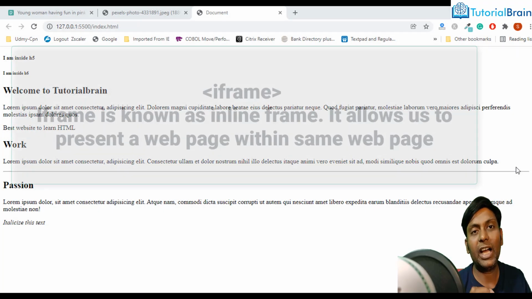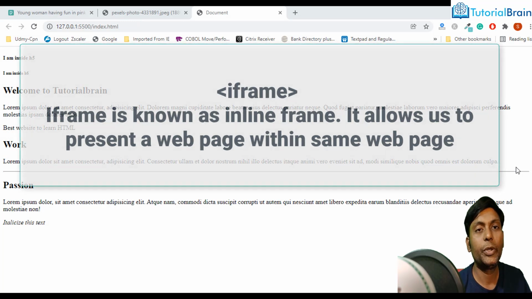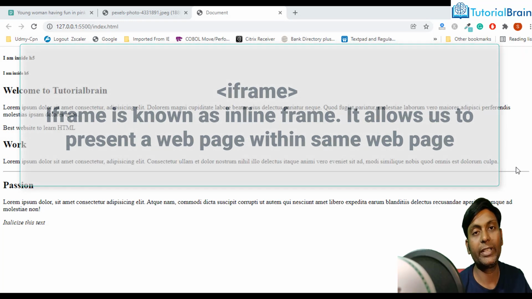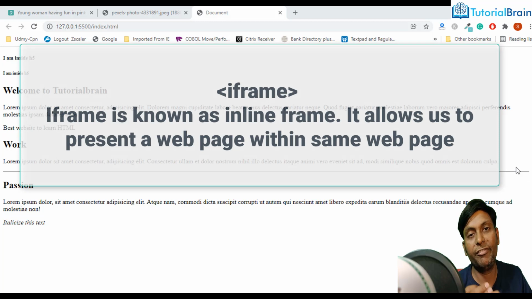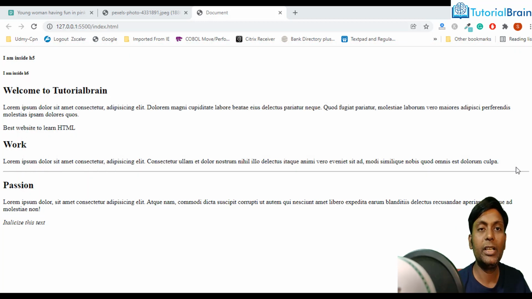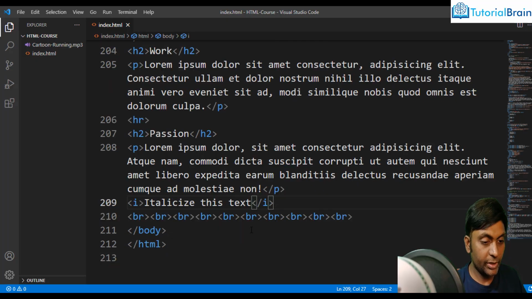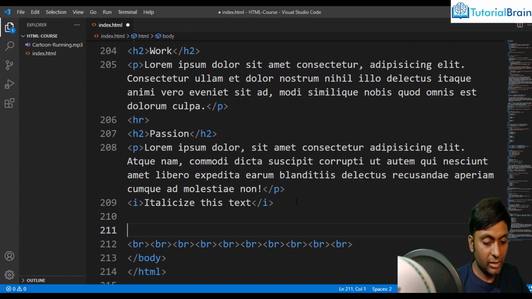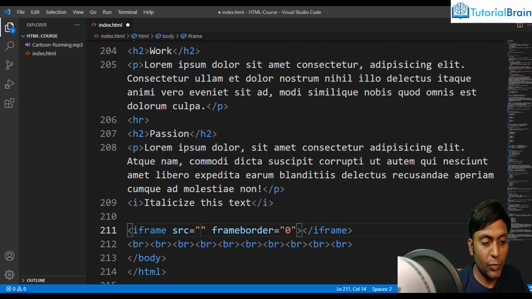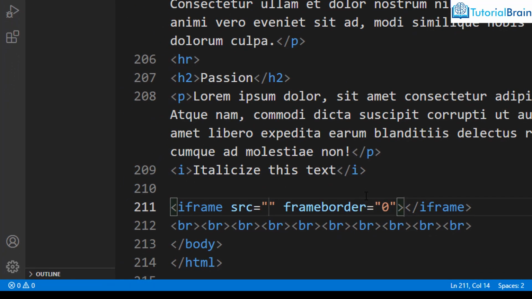The next tag is iframe. This allows us to have an inline frame. For example, if you want to present a web page inside the same web page, then you can use iframe. Let's take an example. So here, let's say that I want to add an iframe. For that, I have iframe, right? And then you have to give the source, and then if you want, you can give the frame border. So these are all optional, and source is mandatory. So if I just give, for example, like